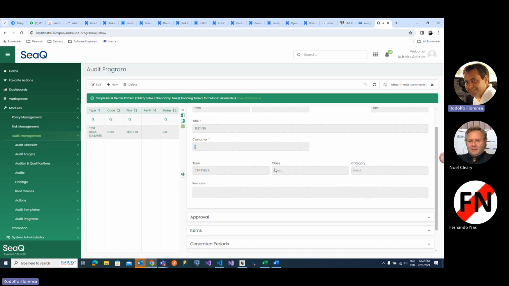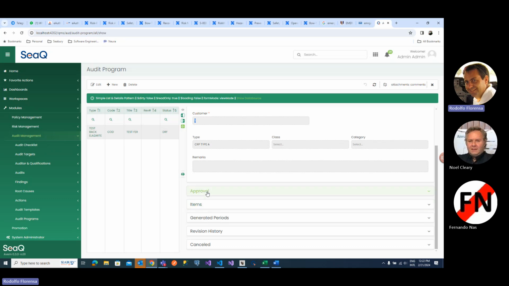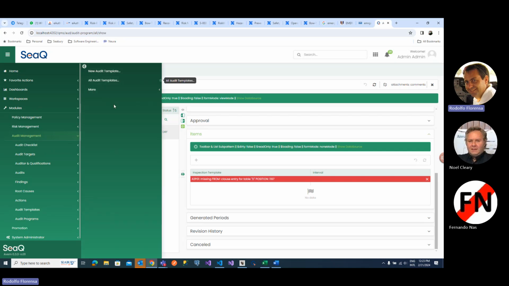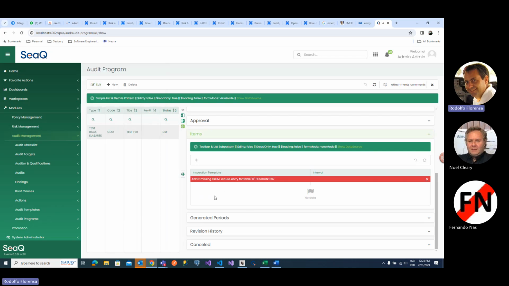Of course, it has some classification here. It has to be approved. And into the item, well, we have a bug here that needs to be fixed, but here you will have the inspection template that we defined previously. We will use it in order to generate the inspections. We will use this template, and this template uses an interval, and this interval